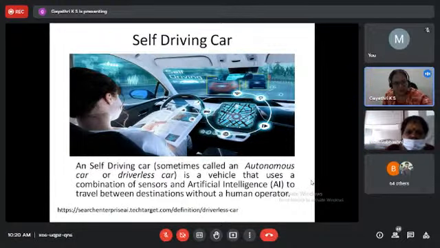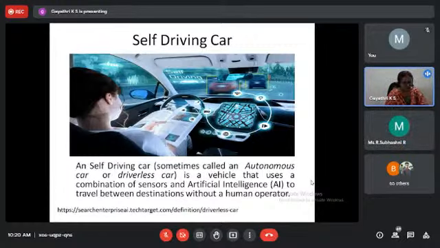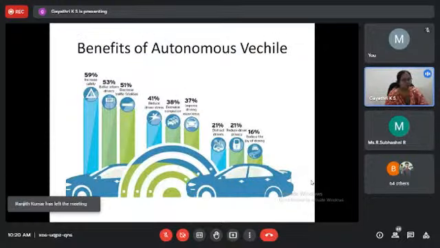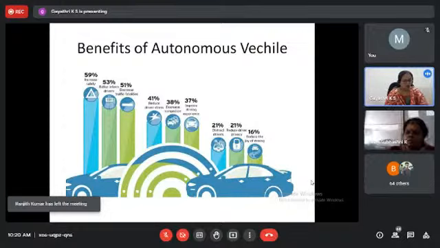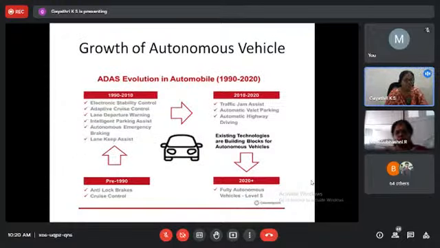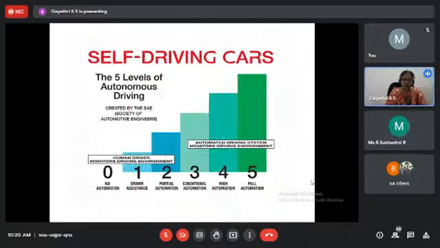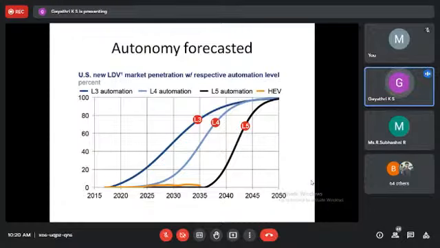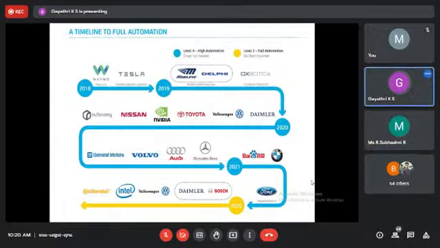No problem, ma'am. Okay, so this is what I've actually discussed. What is a self-driving car? And what are the benefits of these autonomous vehicles? This shows you the percentage of why we have to have an autonomous vehicle, and this tells you the evolution of how these autonomous vehicles have come into play. And there are 5 levels of autonomy, defined by the Society of Automotive Engineers, and this is the full autonomy. So the ultimate aim is to build a self-driving car with level 5 autonomy, and this is the forecast of when we achieve this particular autonomy. And this is the timeline diagram showing how different